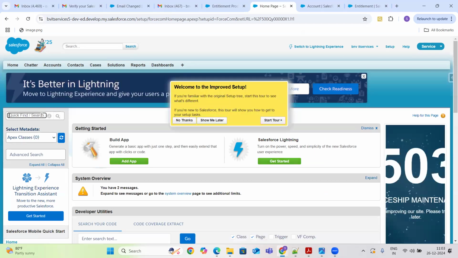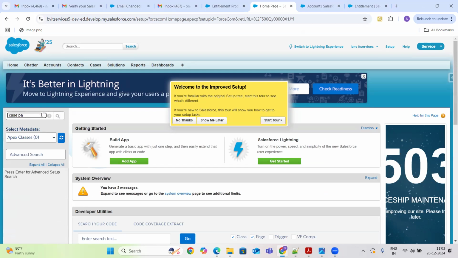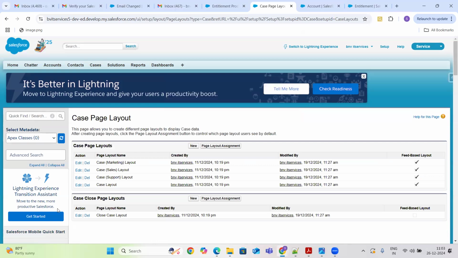Set up case page layouts. So if I go to case page layouts, edit,